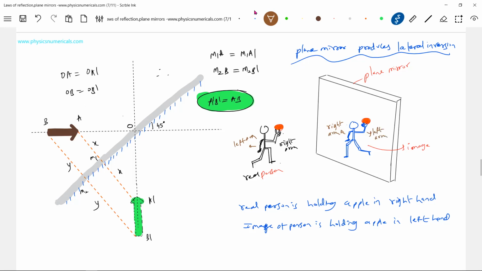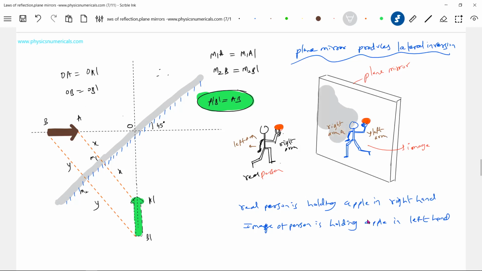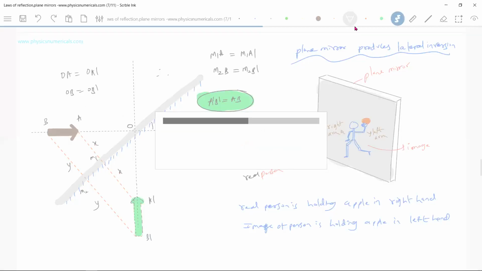This is the left arm. And to show this, it is a mirror. You may think it is some photograph or something, but no, in fact, it's a mirror. Okay, this is about the